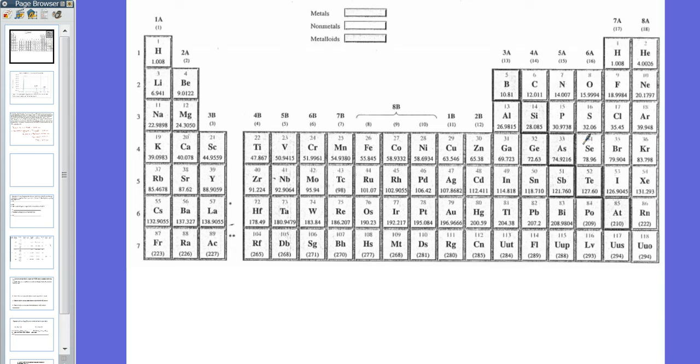The element selenium is right here. It's in the P block, and it is in the fourth period. So if you look at that, it says 1, 2, 3, 4. It's going to end up being 4p4. So this particular elemental block is 4p4. Again, fourth period, P block, fourth element over, 1, 2, 3, 4. But the complete means that we have